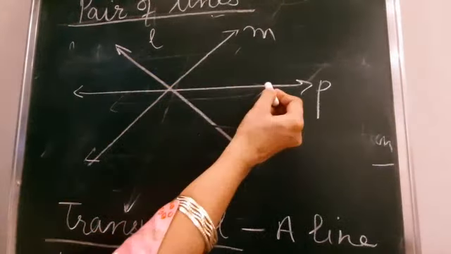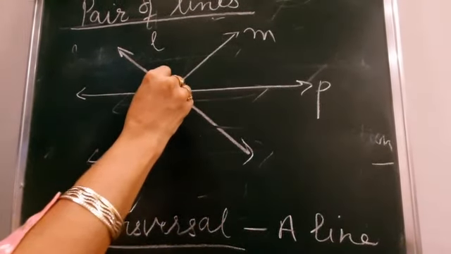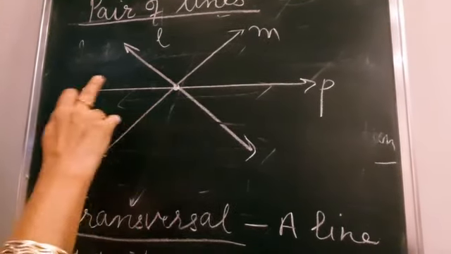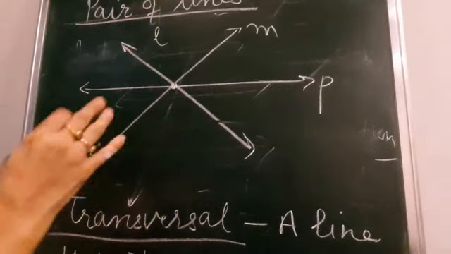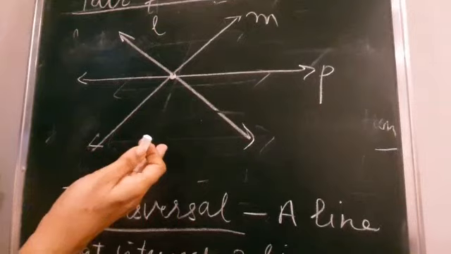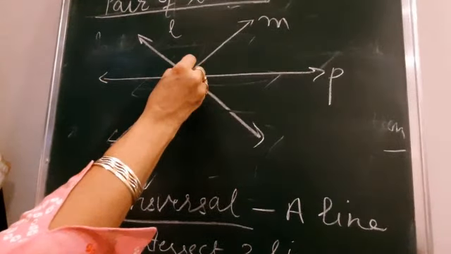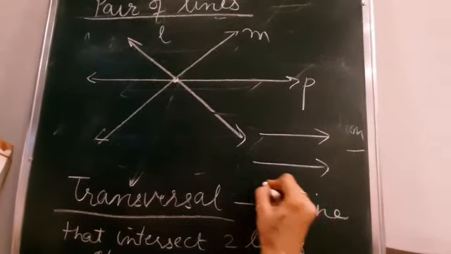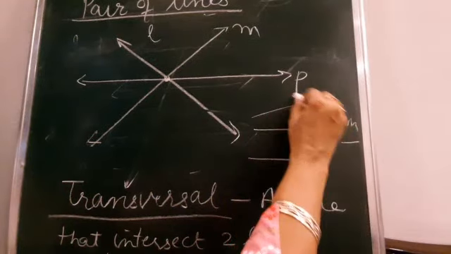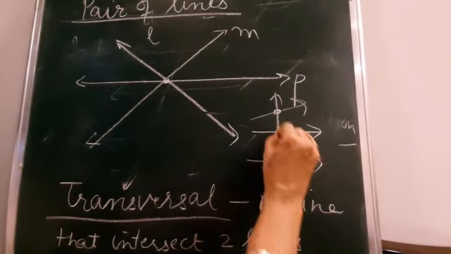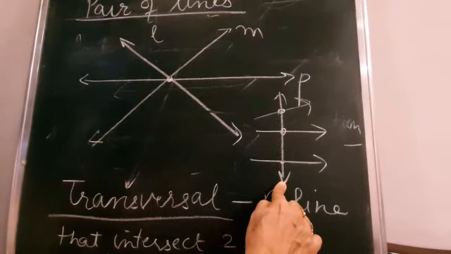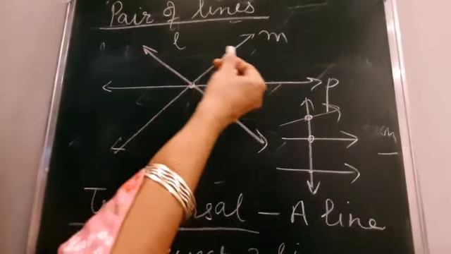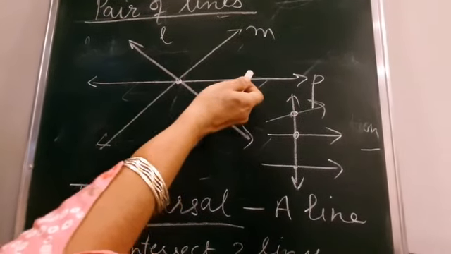If three lines intersect at one point, then there is no transversal, because they are not cutting at distinct points. Here the common point is only one. But in two parallel lines, or two lines or three lines, if one line is cutting at distinct points, that is called transversal. But here the lines are cut at a single point. It means this line is not transversal.